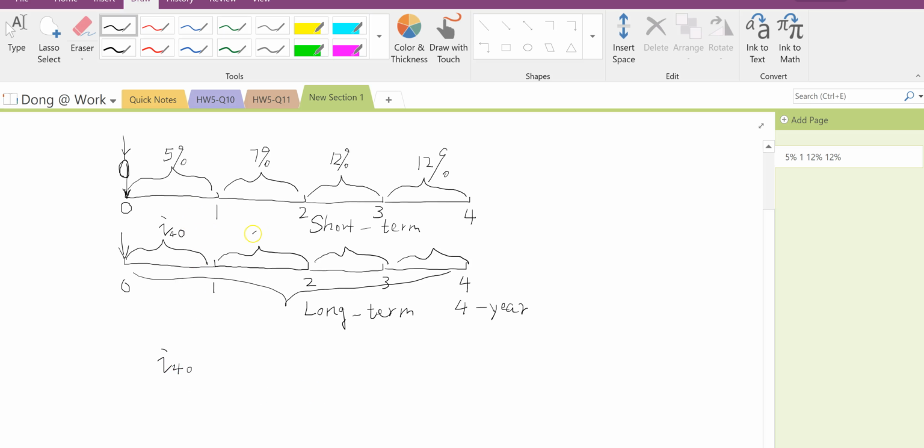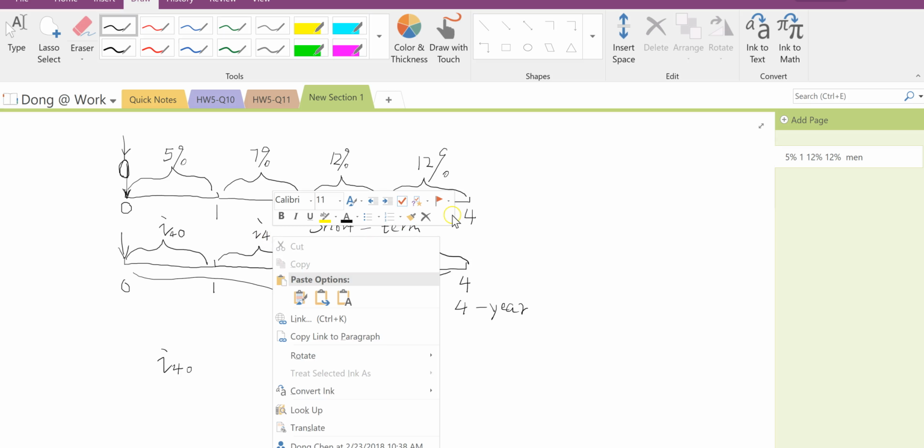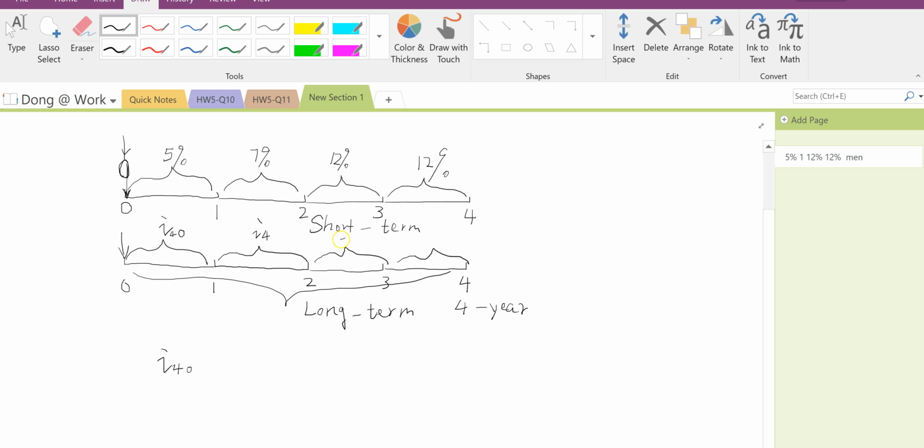that's basically this, I40, because for the long-term bond, every year you're going to receive the same interest rate, I40, I40. So every year I subscript 40, that's what you're going to receive by investing in this 4-year long-term bond. So what this expectation theory says is basically that now you will be indifferent